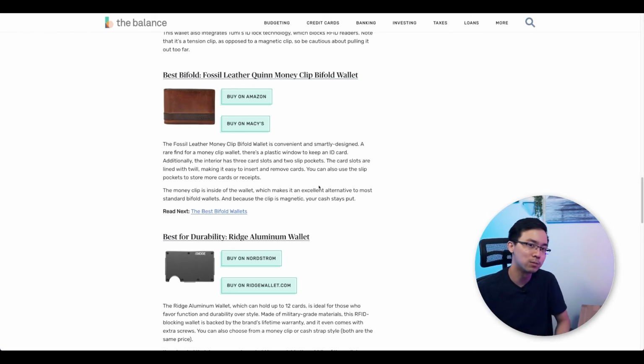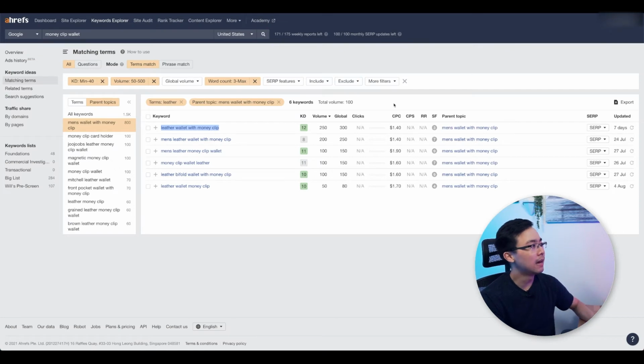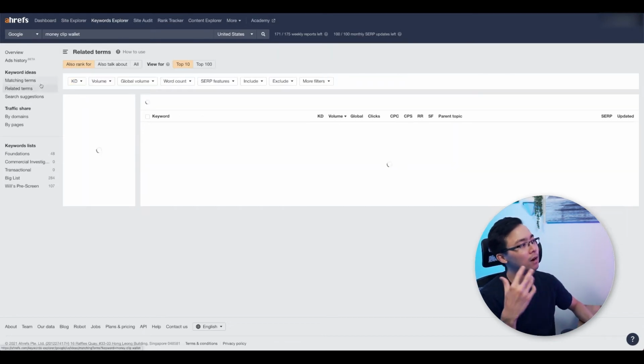I have outranked The Balance before just because of the sites that I'm building being so heavy in their authority around the particular phrase that you can actually overtake these broader sites that cover a ton of different topics. So that's what I'm looking at when I'm going through the parent topic section as well as the matching terms section. What is also really important though is to take a look at the related terms section because that can give you some other great ideas aside from the one that you originally had.